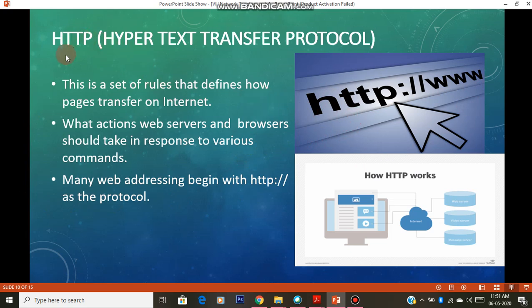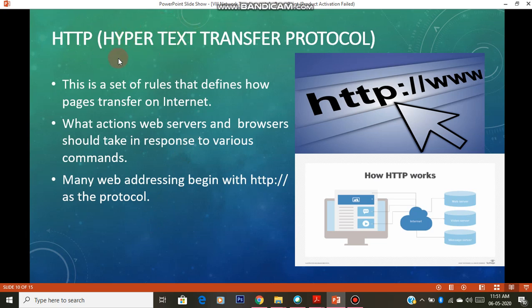So the HTTP protocol, Hypertext Transfer Protocol, as its name itself suggests, is hypertext transfer. This hypertext you might have heard in the last year, when we were learning HTML. HTML is Hypertext Markup Language. That was a language which we used to create hypertext. Hypertext is nothing but normal text converted to hypertext. That means it becomes a web page, right? So hypertext means a web page.